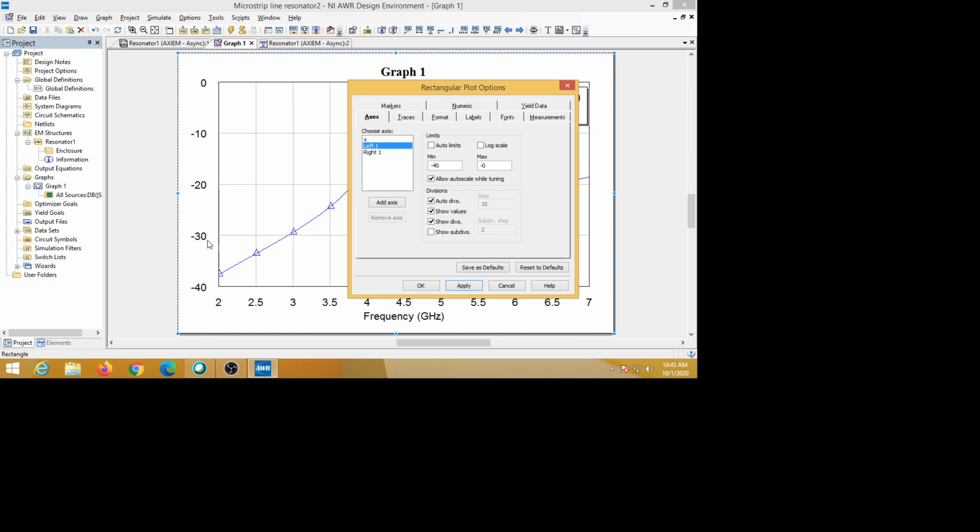Every grid has 10 dB, auto divisions is 10 dB. From one grid to another grid 10 dB is there. Instead of that you can put 5 dB here. So if you put 5 dB, a grid came at every 5 dB. See here, previously from 0 to minus 10 there was one grid, but now at minus 5 dB also one grid is added like this. So you can add a grid to the left side axis, and also we can add to the x axis.